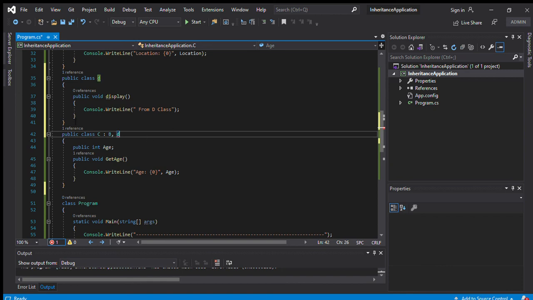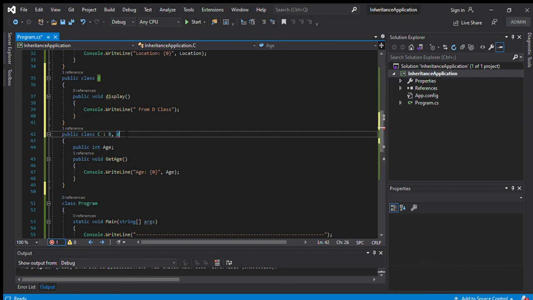Whenever I add it like this, it means I can add only one class. Whenever I try to add more than one class as a base class, it shows me a compile time error. The error is that we cannot directly implement multiple inheritance in C sharp.